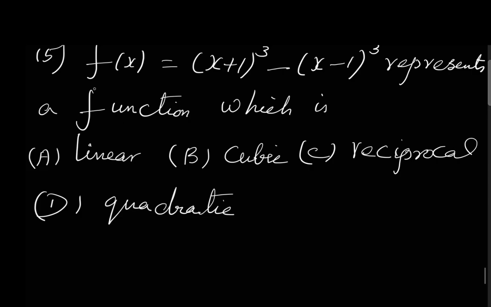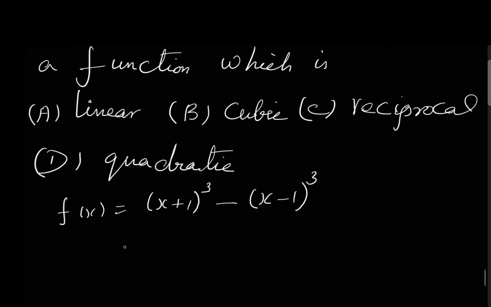See the 15th question. F of x is (x plus 1) the whole cube minus (x minus 1) the whole cube respectively. Represents a function which is linear, cubic, reciprocal or quadratic. You can choose any one of the options. So the function is given as (x plus 1) the whole cube minus (x minus 1) the whole cube. Just expand this. First identity is x cube plus 3x squared plus 3x plus 1 cube is 1 minus x cube,